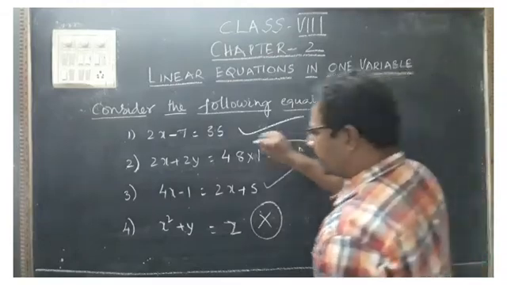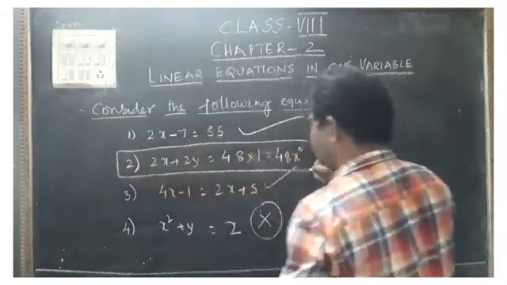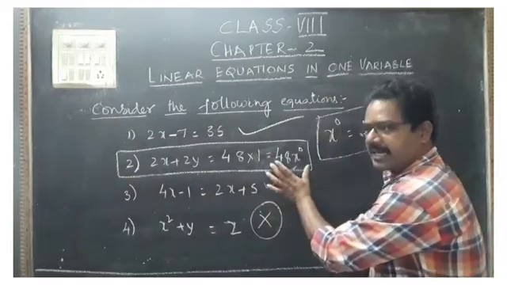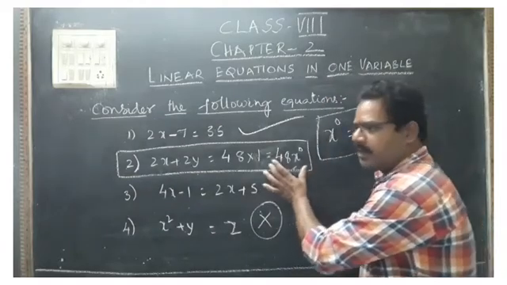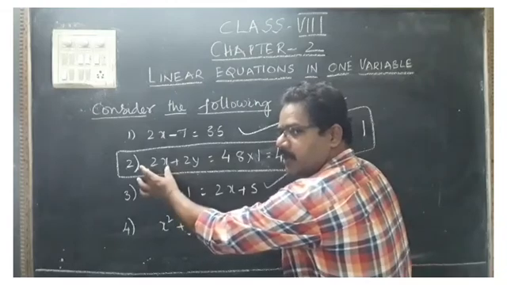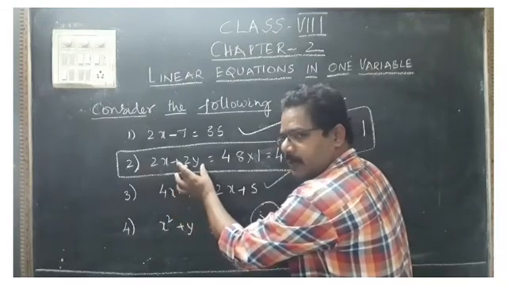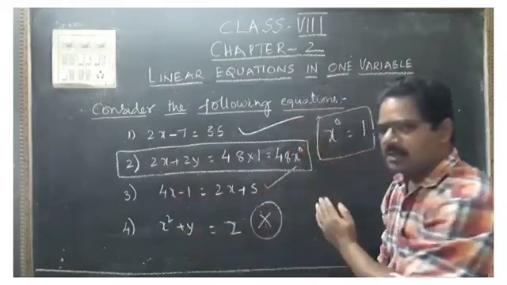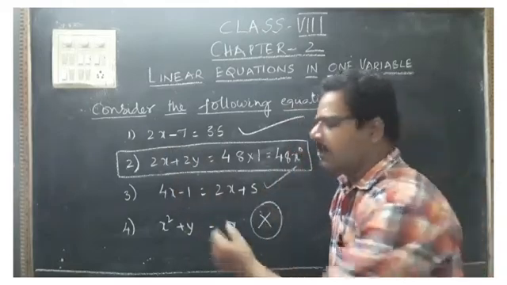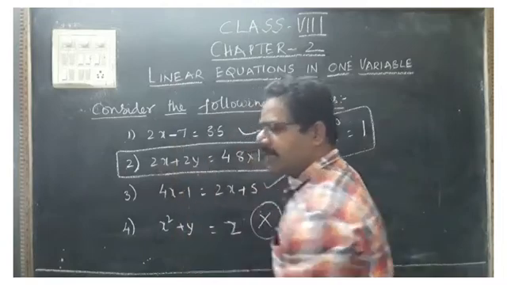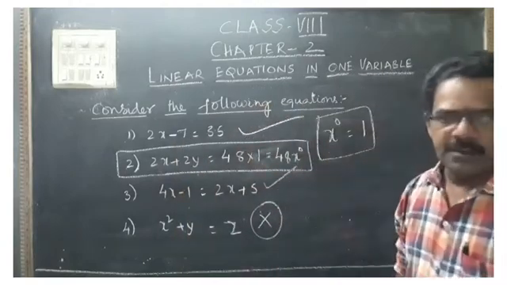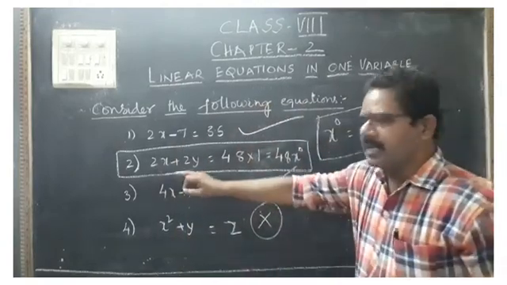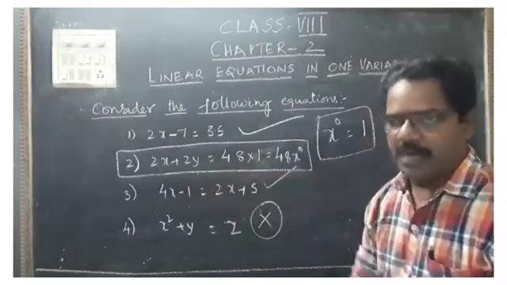So now you can consider the total equation. Degree of the right hand side is equal to 0. Degree of the left hand side: first term is 1, second term is also 1, so we can take 1 only. This side 1, this side 0. Which one is bigger? 1 is bigger. So for 2x plus 2y, the degree we will take is only 1. Understand? So the degree of the equation is 1.